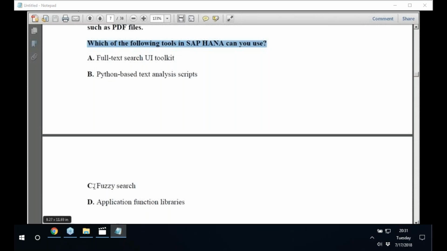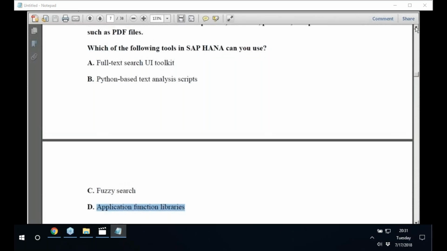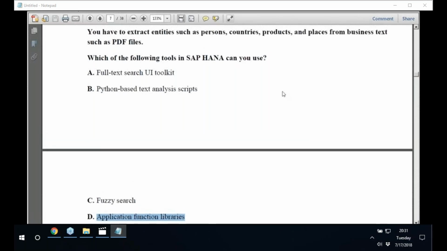Fuzzy search and application function libraries. So he's asking, suppose say, especially this is useful. You have to extract entities, and this is known as semi